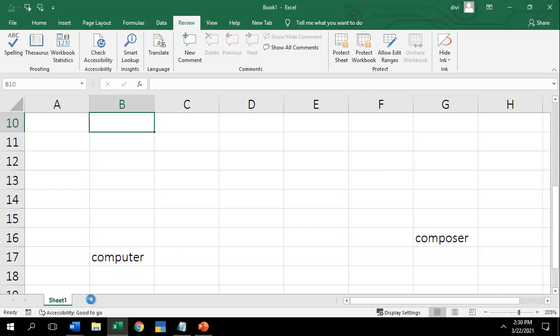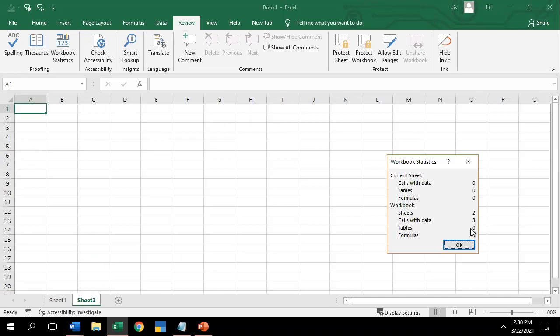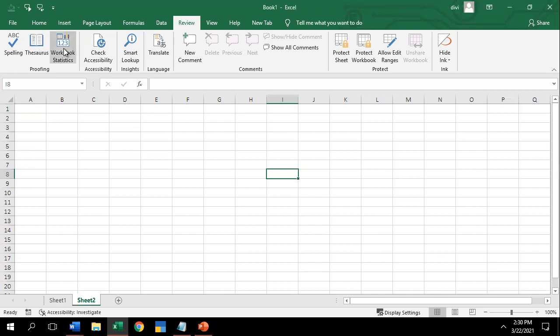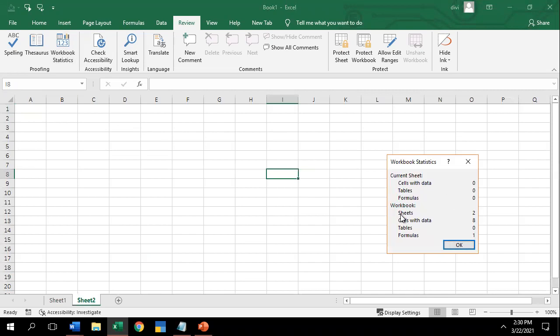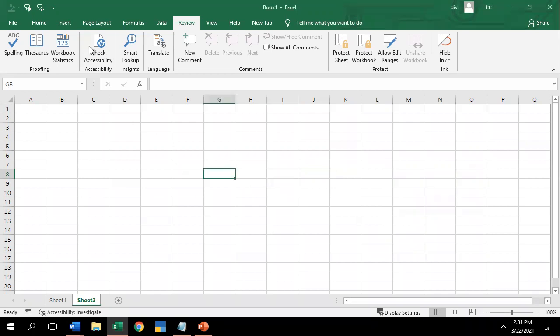See, if I insert one more sheet, the total number of sheets becomes 2. Right now I haven't inserted any data in it. This is the data of the worksheet, not the workbook, so don't get confused. If I click on workbook structure, the lower part explains about the workbook. The upper part explains how many characters you have in a particular sheet. The sheet is blank, so it doesn't have any data. You can see 0, 0, 0.